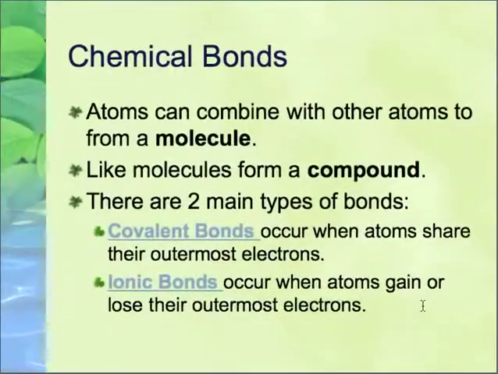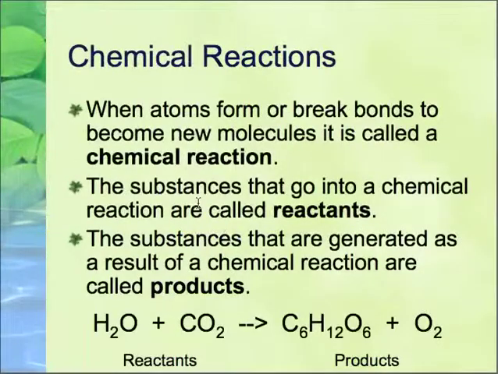That's why it's important to understand why chemical bonds happen and what the difference is between them. All right? Now, when chemical reactions occur, bonds form and break, and that's called a chemical reaction. My old chemistry teacher used to tell me reactants react to produce products, and that's exactly what happens.